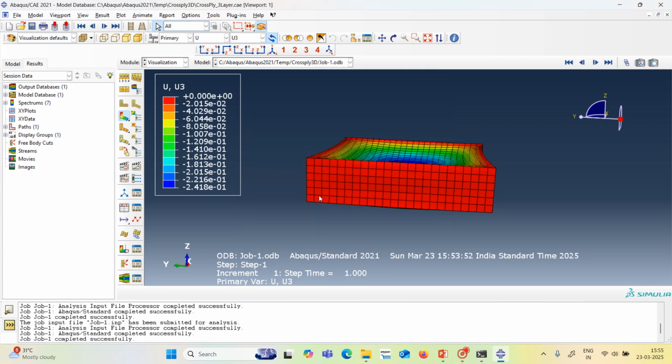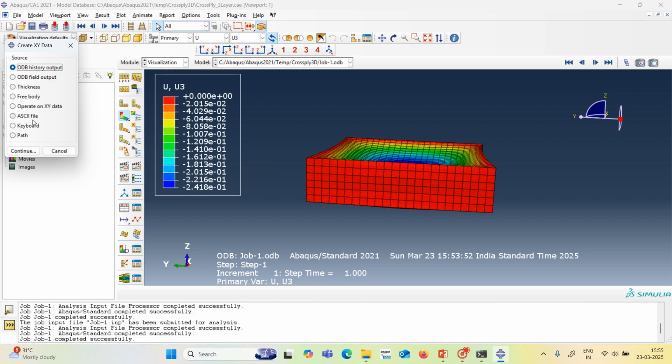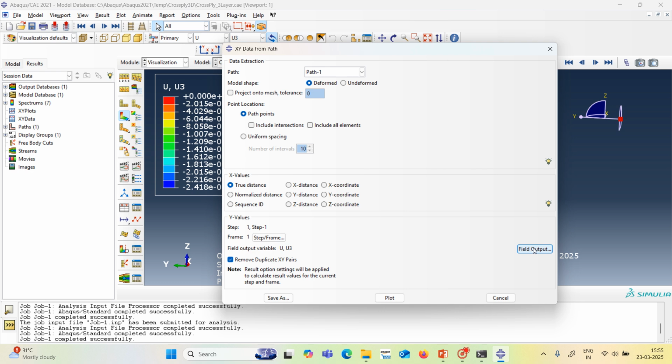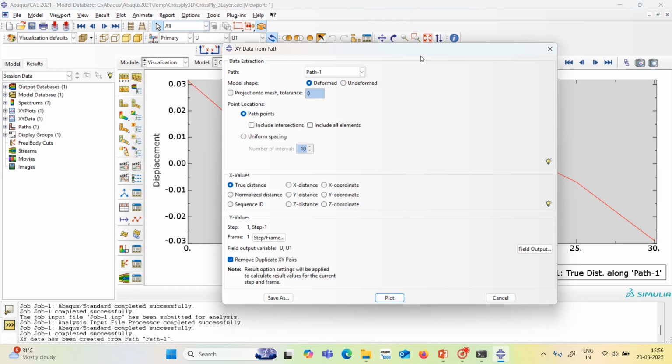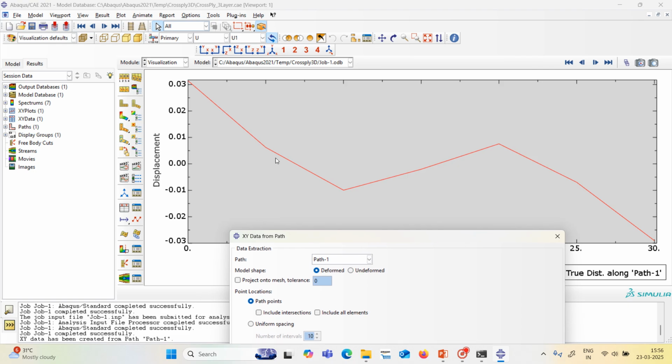Okay, now I will go to this XY and I will go to this path which we have created. Come and let us try to plot u1 first at that position. Okay, plot. So we can see the warping, the in-plane displacement or the zigzag displacements here, which we get from the